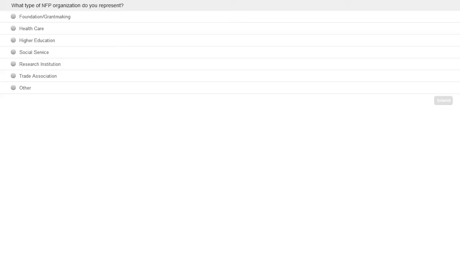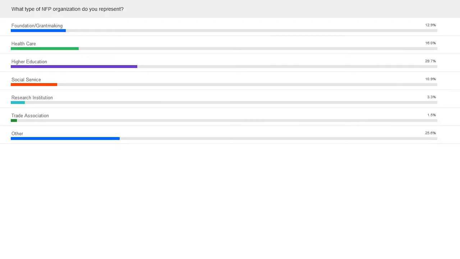Okay, go ahead and see what we have here. So it looks like we have quite a few foundations or grant-making type entities. We have some healthcare entities, a pretty equivalent amount, quite a bit of higher education entities here on the call, some social services, a few research institutions, some trade associations, and then, of course, several that fit in the other